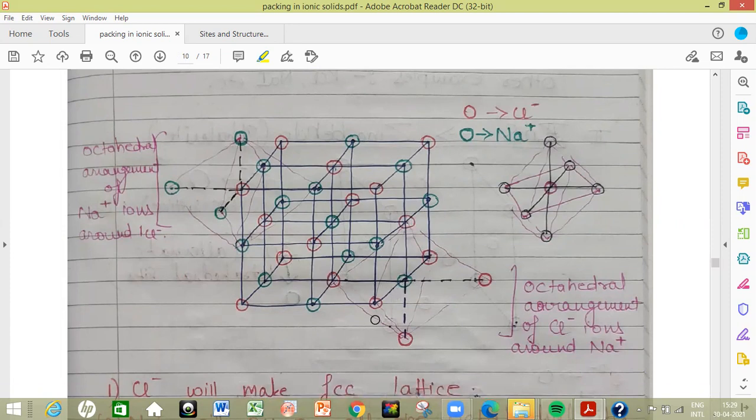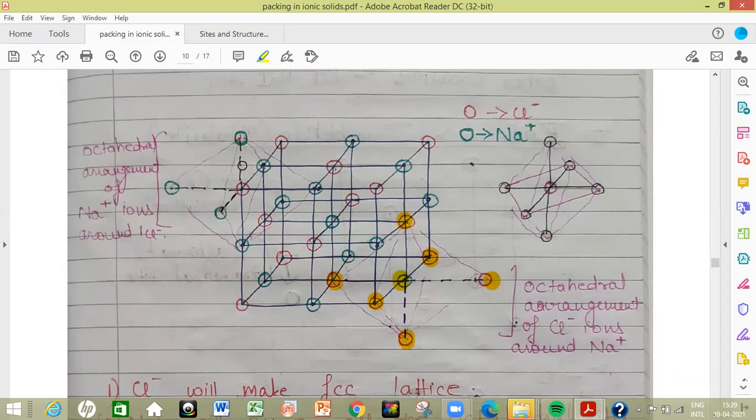So we can extend just to showcase these, that in the 3-dimensional, we can make one adjacent unit cell, or we can just make these atoms at equidistance, that this is going to be the face center atom of the bottom unit cell, and this is going to be the face center atom of the right unit cell, which is going to be present on the right hand side in the extended network. So this is how these are. There are 6 chloride ions around this sodium which we have selected. I am just trying to mark the chloride ions which are making the octahedral site. So these are the chloride ions. These are the 6, and central one is the green one, which is the sodium ion.